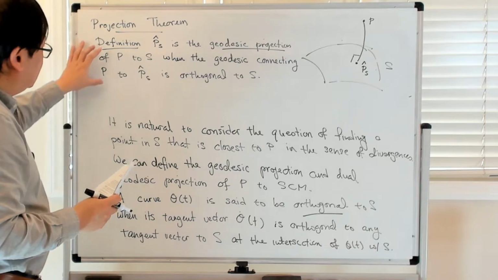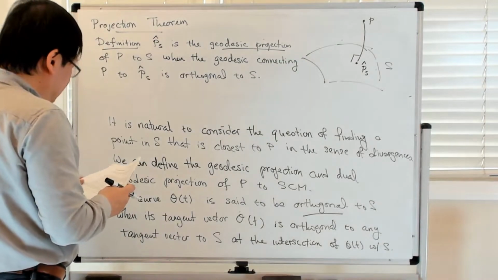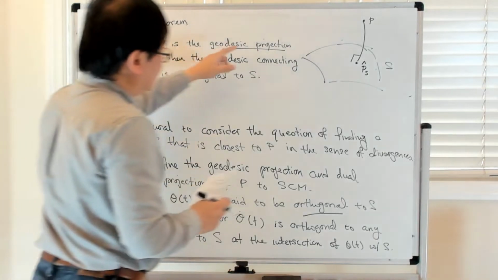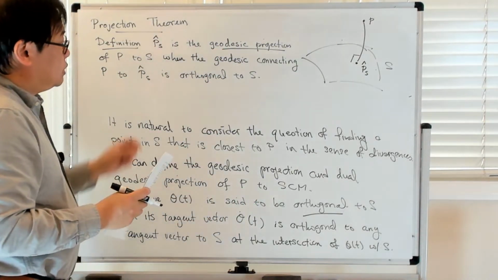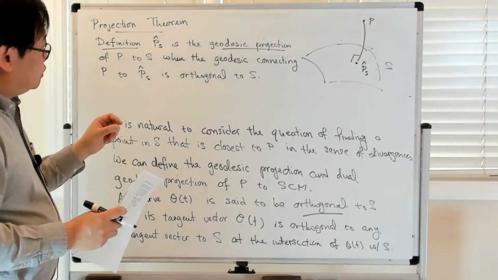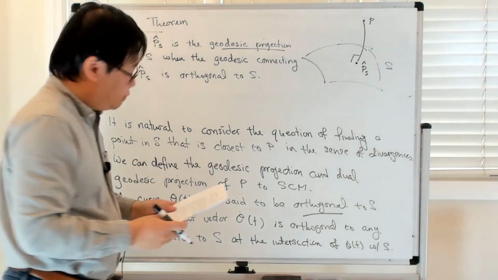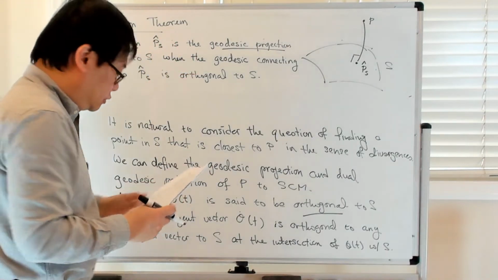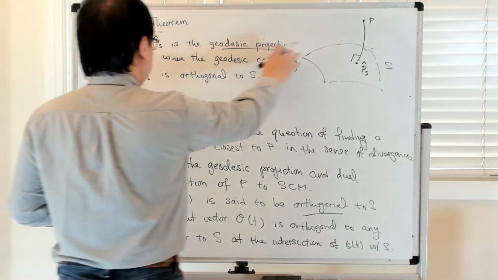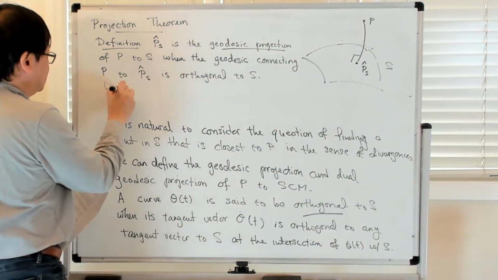So what's going to happen is the following: there is a theorem which says that this kind of orthogonal projection, this geodesic projection, is going to be some sort of length minimization, but not with respect to the original divergence, but its dual. So that's what the projection theorem is saying. That's where we're headed with all of this. All right. So anyway, so you have this geodesic projection, and then the dual of this